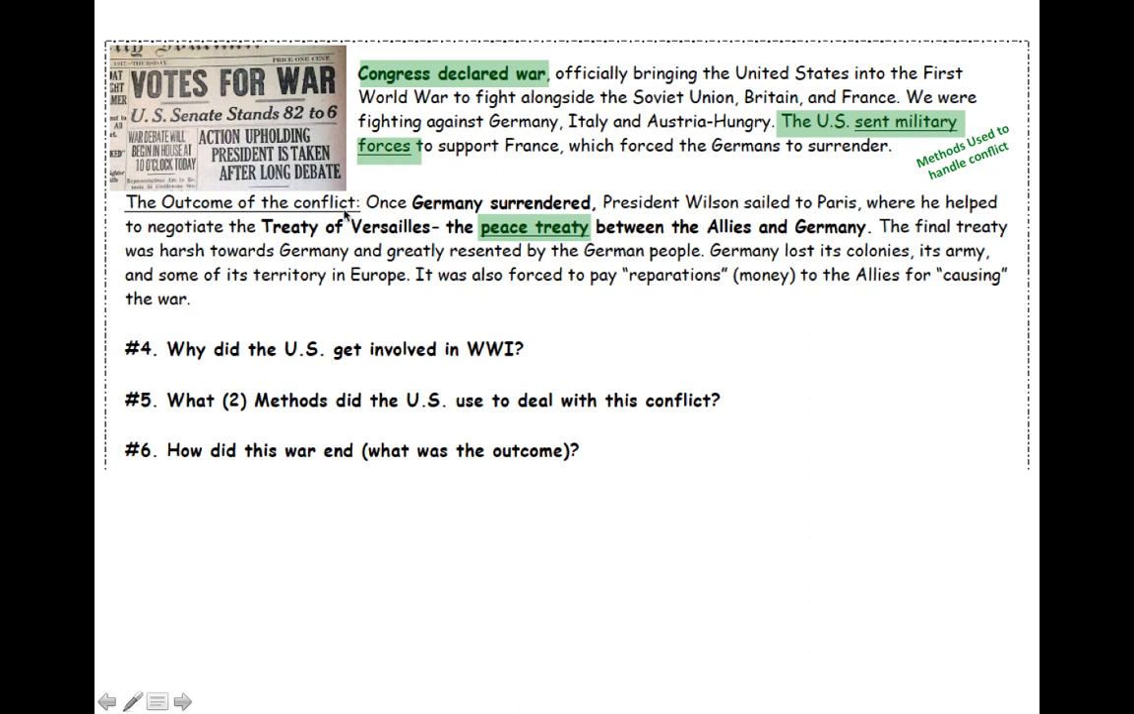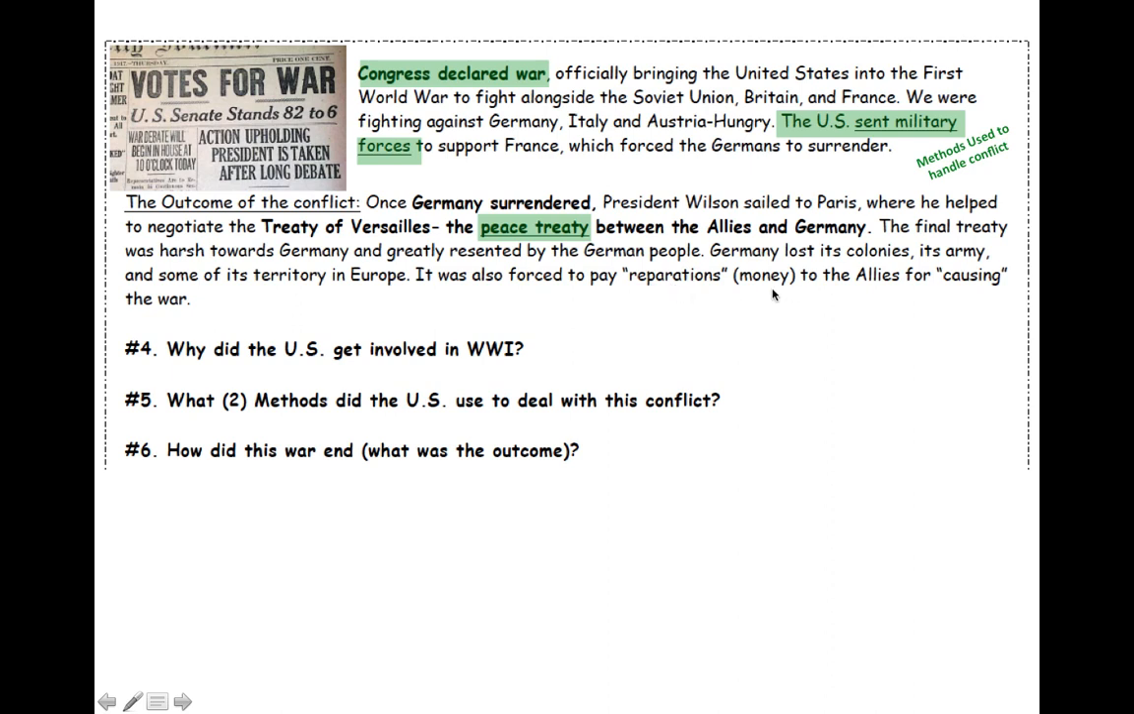The outcome of the conflict. Once Germany surrendered, President Wilson sailed to Paris, where he helped to negotiate the Treaty of Versailles, the peace treaty between the Allies and Germany. The final treaty was harsh towards Germany, and it was greatly resented by the German people. Germany lost its colonies, its army, and some of its territory in Europe. It also was forced to pay